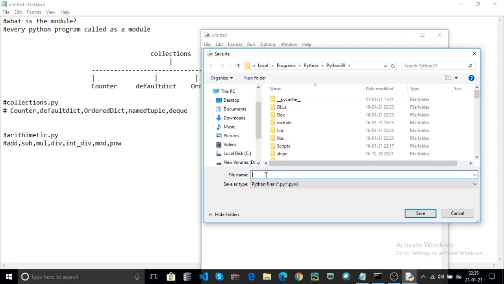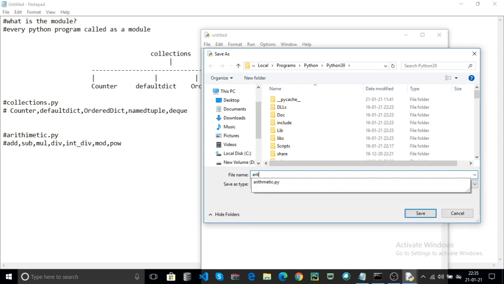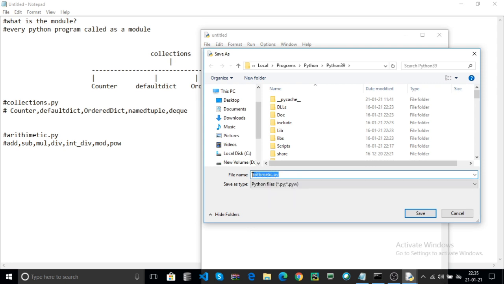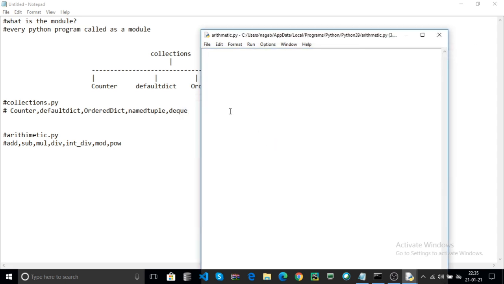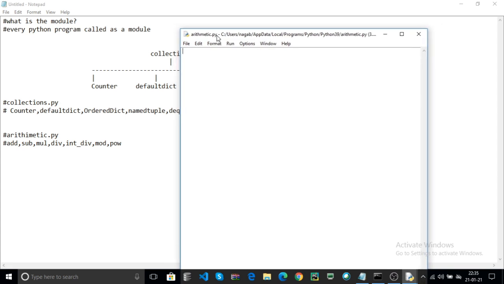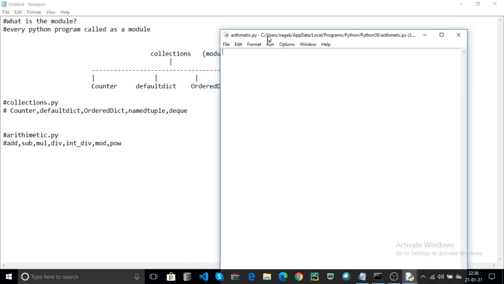Here you can give any name, for example arithmetic.py. This is our module name, and the extension is .py. Click on Save. The file name is arithmetic.py, and the file path is, for example, in Python39, arithmetic.py. This path is your Python environment path.